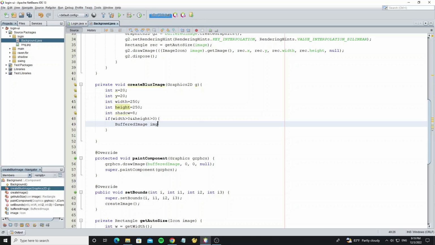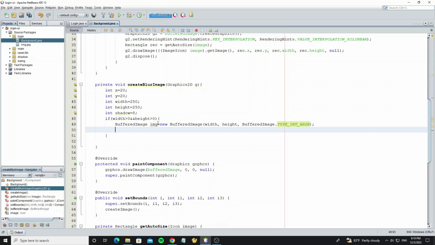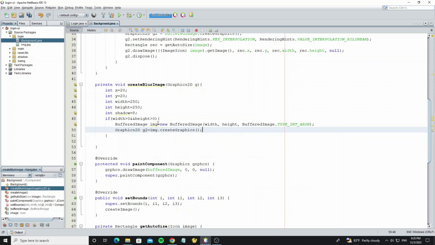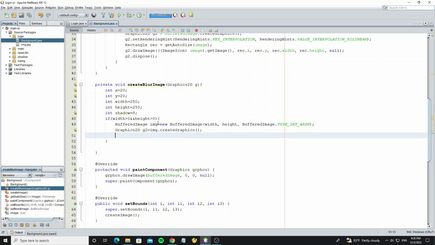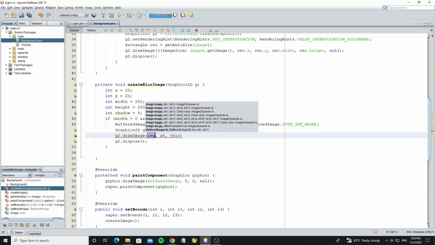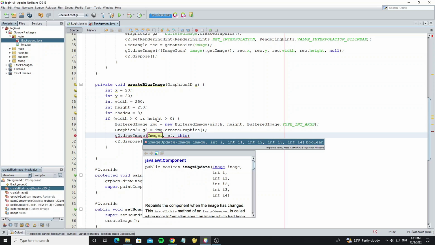Create a new buffered image object. Draw the image to the new buffered image object that we have created, and call the method blur, in the class ImageUtil, for